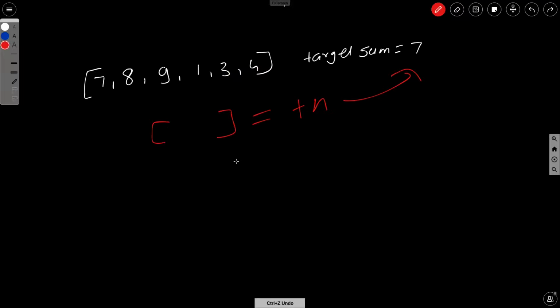Now let's see how we can do this. For this we need to iterate through the array. The straightforward method will be using 2 for loops. So what we will be doing, we'll be taking each and every number and we'll sum it up with the other numbers and see if it is equal to 7.